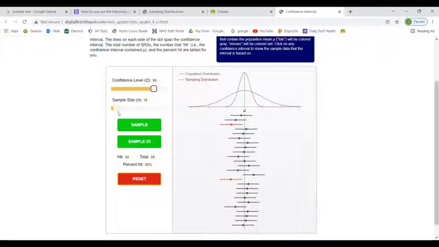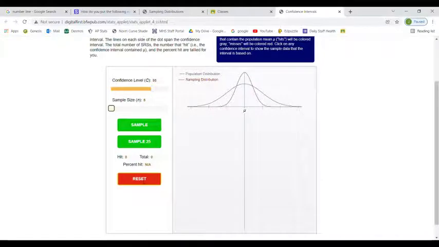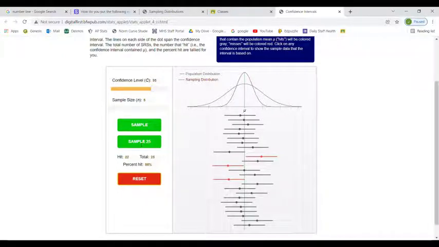But you can see, let's go to a sample size of 5. So with 5, look at the sampling distribution. That's the dashed red thing. And let's do 25 samples. You can see our capture rate is kind of low. It's 88%. But again, if we did this many times, we'd expect it to be 95. In the short run, we can see some variations from that. But what I wanted you to concentrate on now is the width of the confidence intervals. They're pretty wide when the sample size is 5.